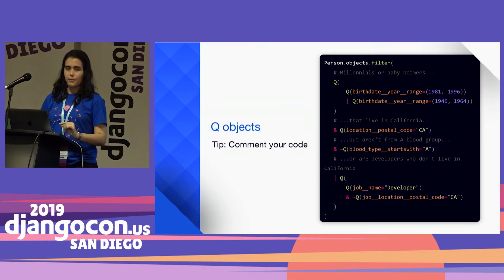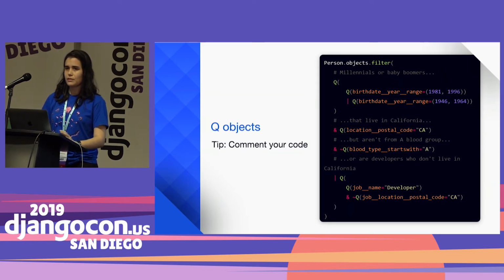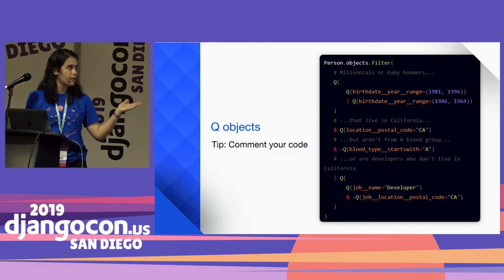And just a tip, because it's very extensible, complex filters with Q objects can get huge over time. I know some people say that good code is self-documenting, but it's advised to comment just a little bit so you won't lose time trying to understand the code you wrote a year ago. And as I said before, you can add as many filters as you want, such as body type, job, as I did here.